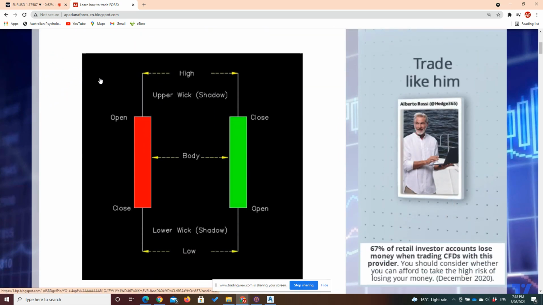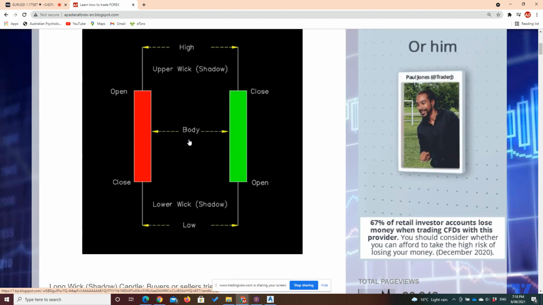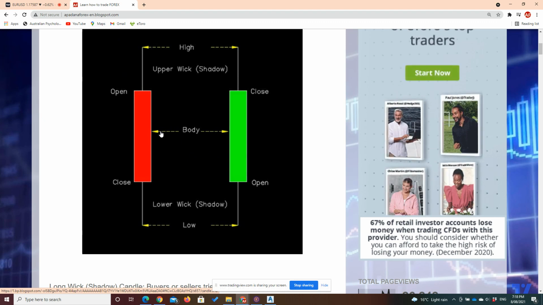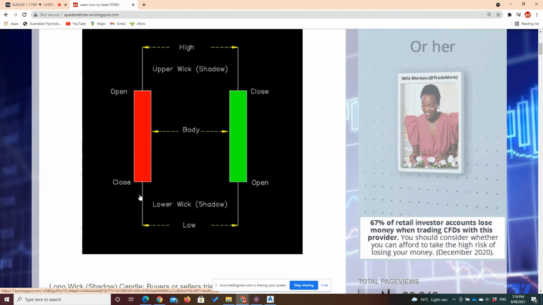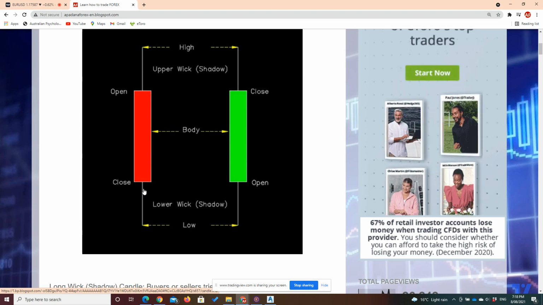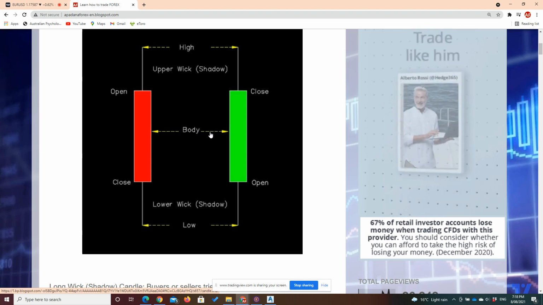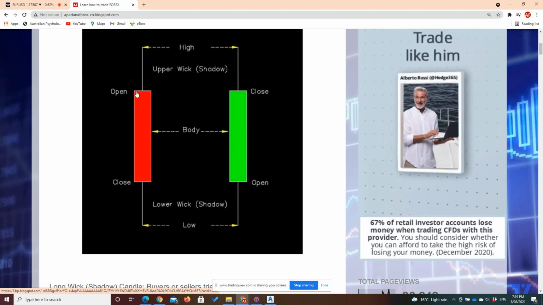First, let me start from the beginning. What is the candlestick? As you can see, candlesticks, as I said, have lots of information. It shows you the opening price, closing price, high and low. Depending on the bullish or bearish type, this one is bullish. As you can see, the close price is above the open price, and for the bearish one, we open here, then